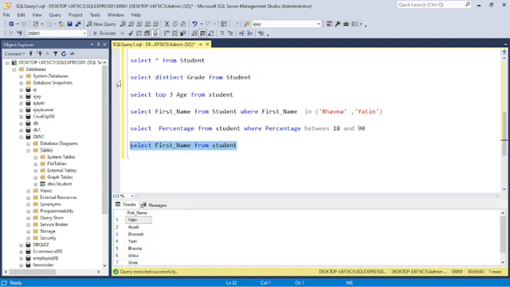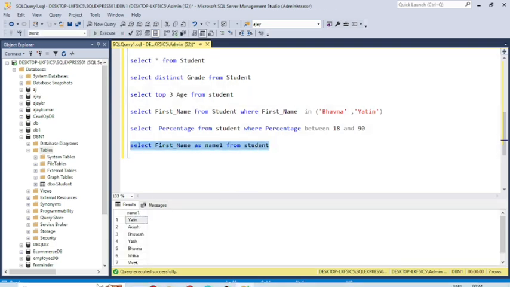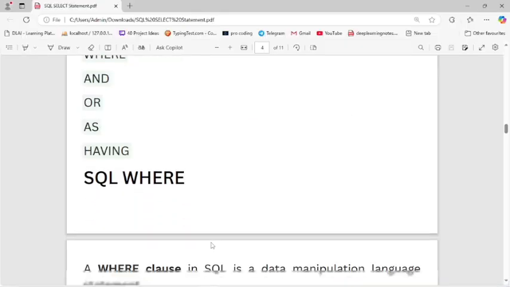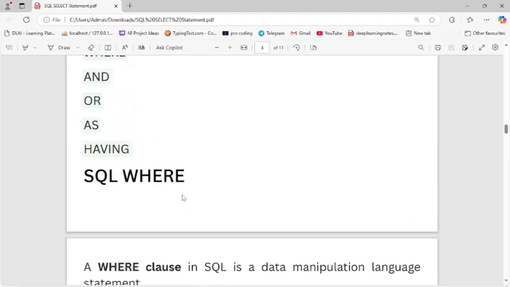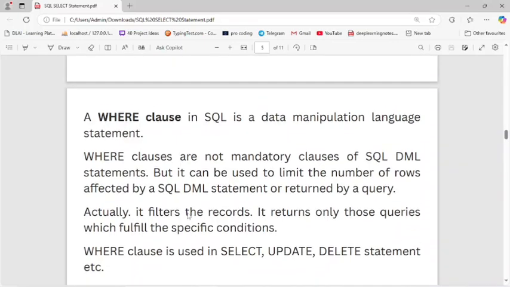And if we use the AS keyword with name1, then it will show name1. You can see here. Now move next. After some time we'll see the HAVING clause. Now let's study the WHERE clause.